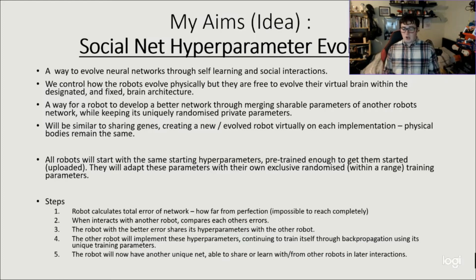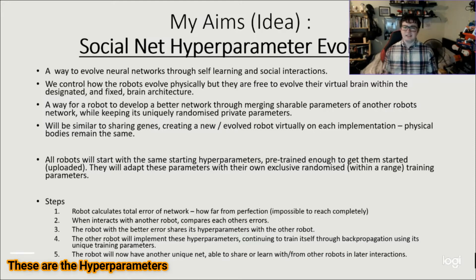Not just that, the simulations only account for so much. There's going to be other things that the robot's going to have to work with. So it's kind of like a way of not just learning by itself, but through also social interactions, kind of talking to the other robots. This will be somewhat limited. For example, the actual architecture of the network will be set. There'll be a constant between all the robots. It's not going to be adding nodes or adding layers or anything like that.